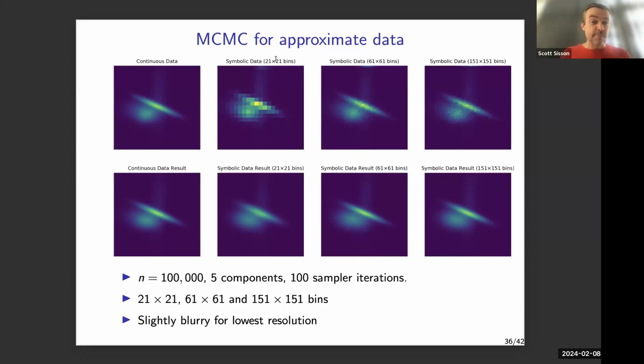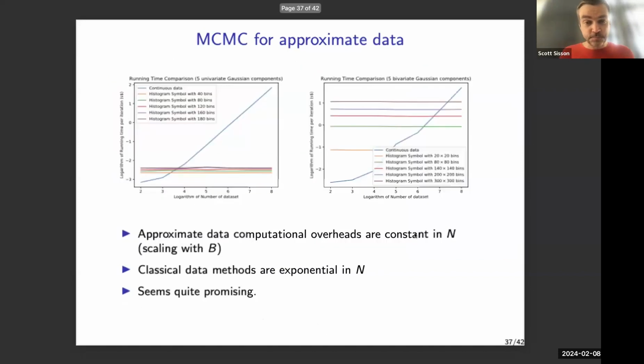And I appreciate this is proof by picture, but the bottom is the fitted density. And as you can see, most of these are pretty okay. I mean, we're comparing with this sort of true density down the bottom corner here. The one with the largest discretization is probably a bit blurry, but the others are not too bad. And maybe this is good enough for your purposes.